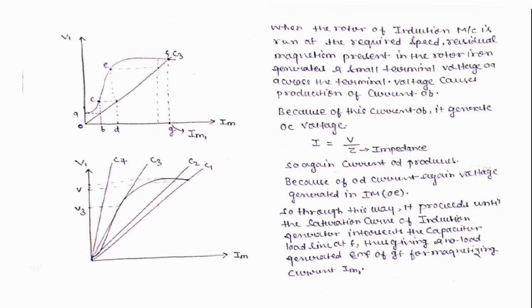Here you see you give the reactive power, but your magnetization curve does not cut this reactive power curve. This one is not cut by this magnetization curve. In that case there is no voltage developed. That is the important thing you will have to remember. That means if you supply less reactive power, no magnetization formation happens, so there is no voltage formation in this type of induction generator. Okay, that is the main thing you will have to remember from this graph.